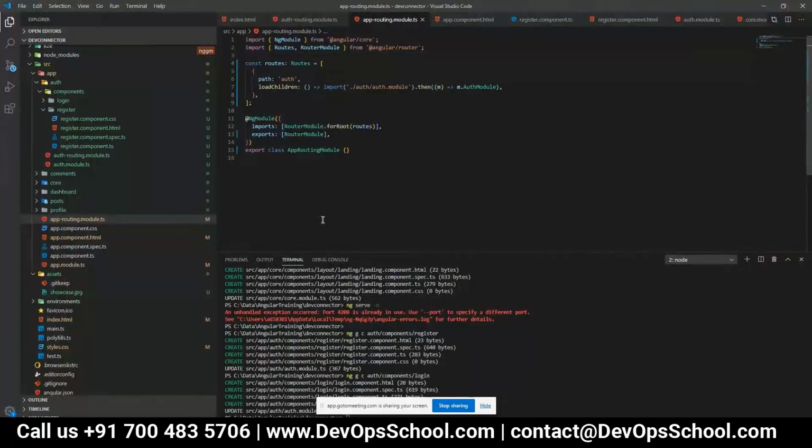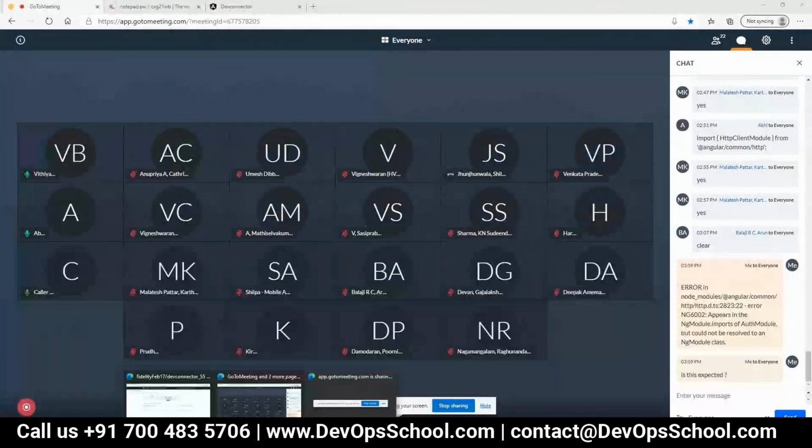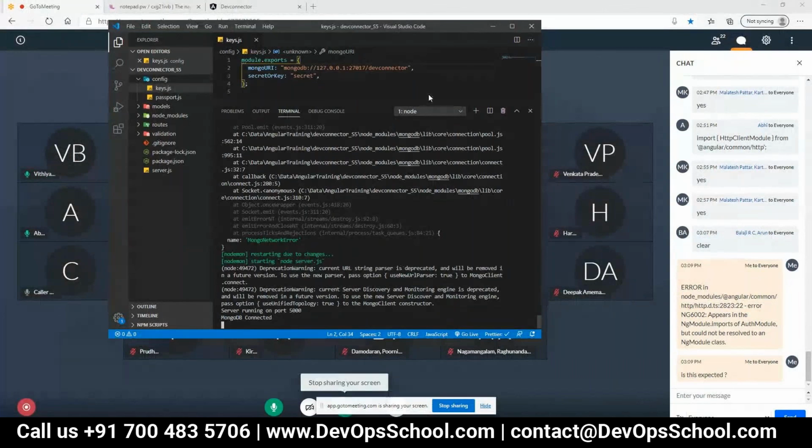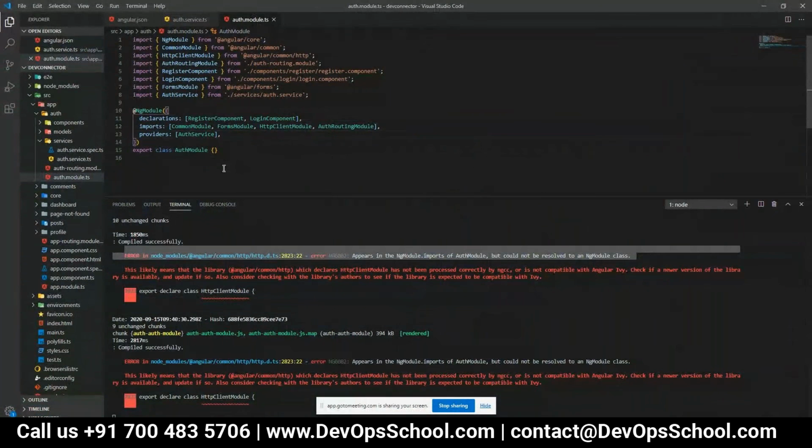Vidya, you can share the screen. Export declare class HttpClientModule.